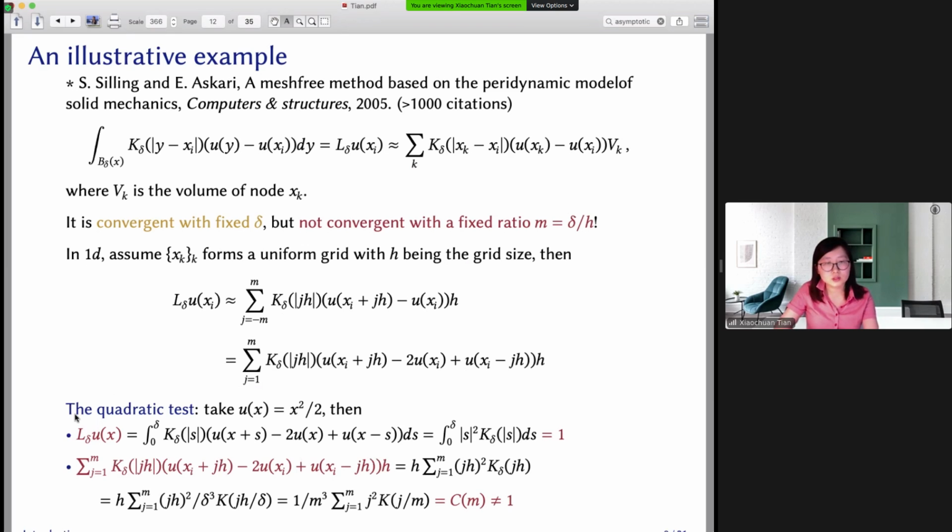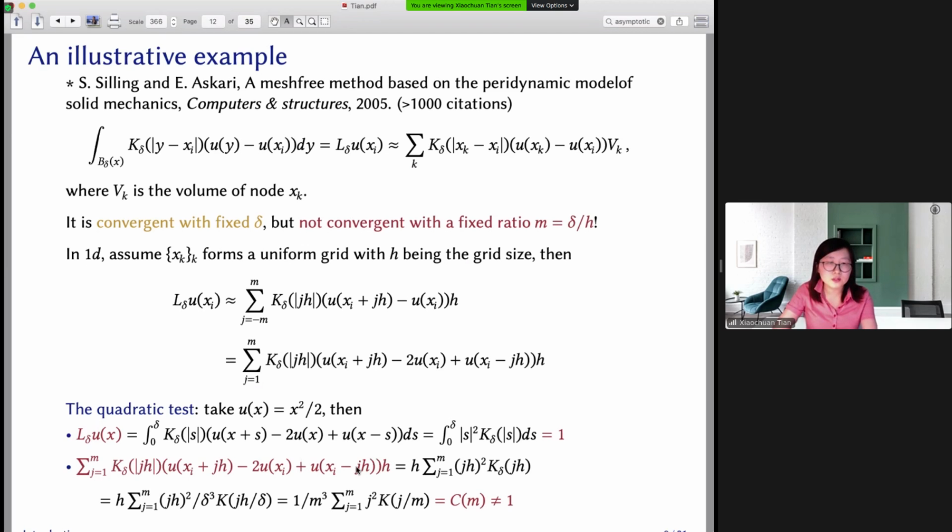Now just do this so-called quadratic test, which means that if you take a quadratic function, x squared over 2, we know that the second derivative of it is 1. And moreover, if you apply the non-local operator on u, it's also 1, because you can write the non-local operator in its centered difference form. And then with this quadratic function, it's just the second moment of the kernel, which is a constant 1. But if you use this meshfree method, you're going to find that this thing is not going to be